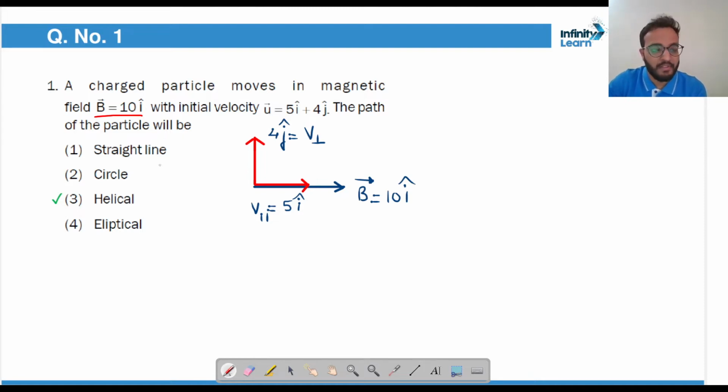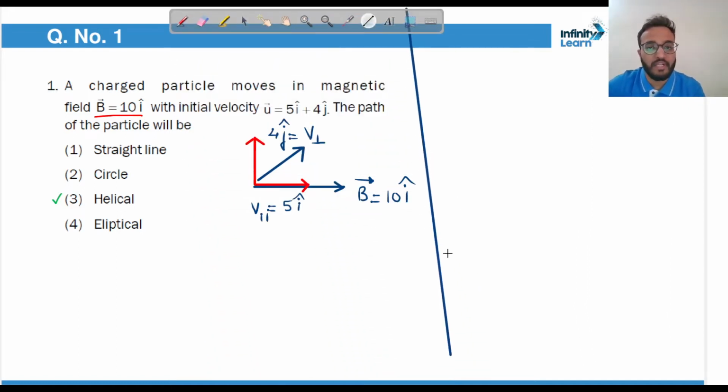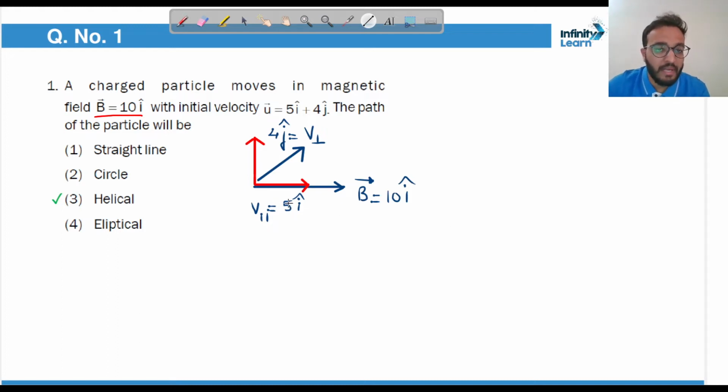The path of the particle will be... before deciding the path of the particle we need to draw the vectors properly. See, this velocity vector is somewhat like this. Okay, and this will have two components. The first component is parallel to the magnetic field and the other component is perpendicular to it. The component which is parallel to the magnetic field is not responsible for any force acting on the charge. Only the component which is perpendicular to the magnetic field is responsible for the circular motion of the charged particle